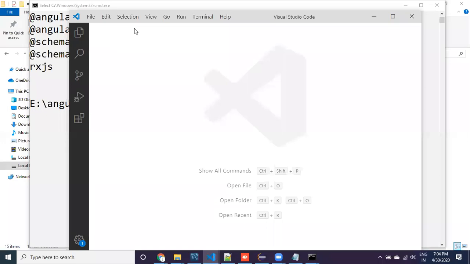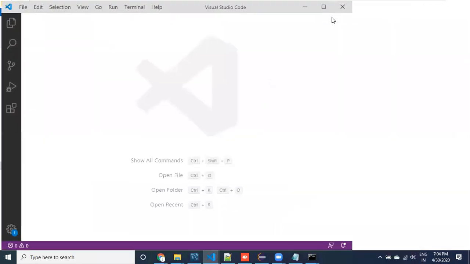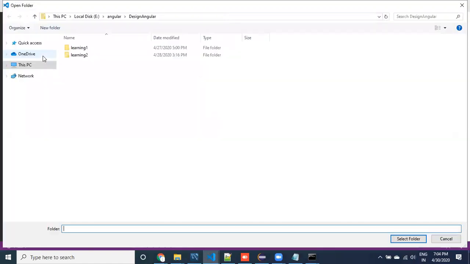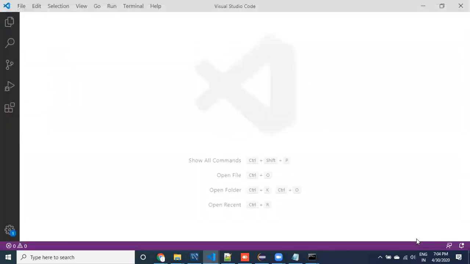Coming to Visual Studio Code, go to File, Open Folder. If you remember, I have copied the path, so provide whatever path I copied here, or you can select the folder also, guys.